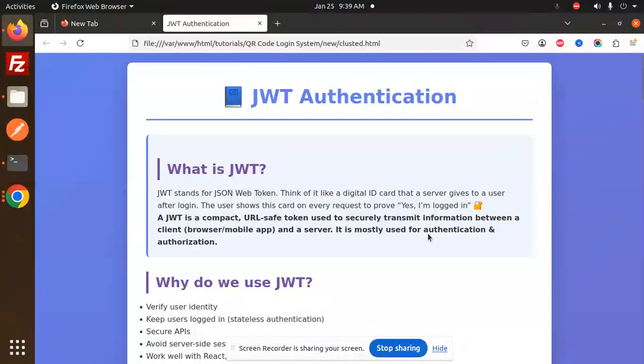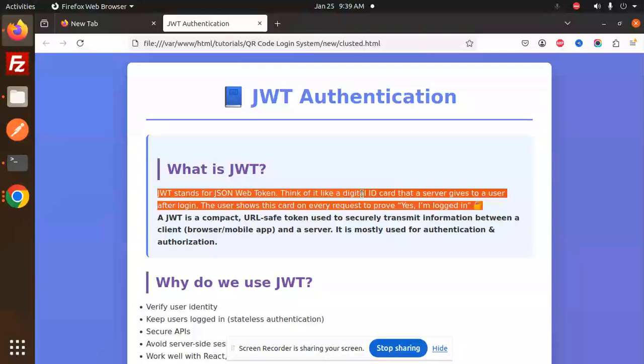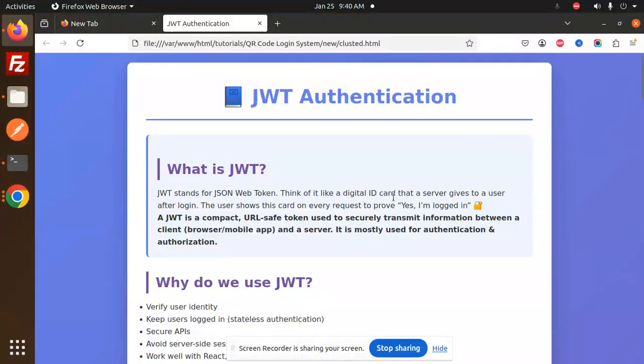Today we are going to learn about JWT authentication. So what is JWT? JWT stands for JSON Web Token. Think of it like a digital ID card. That digital ID card is something the server gives to the user after login. It's a token, okay? The user shows this ID card on every request to prove, yes, I am logged in and I'm the correct